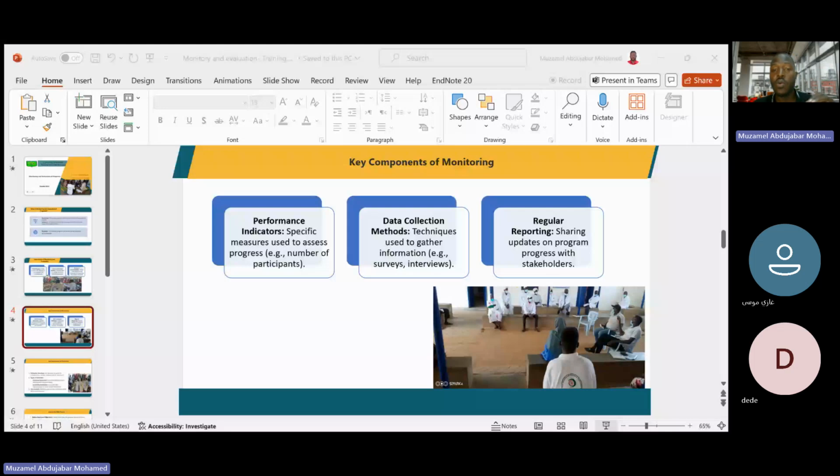That means after you collect the data by using the suitable data techniques, you have to analyze this data, because data without analysis has no benefit. After the analysis, you can convert it to information. Then you can analyze this data and prepare the chart or the report to know whether you are on track or not on track.